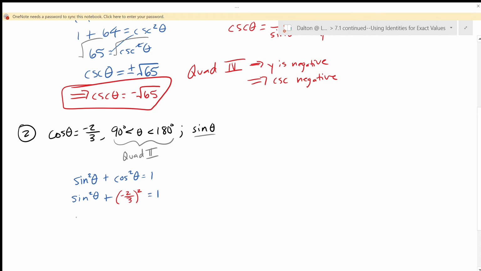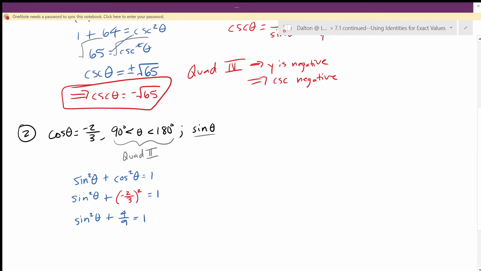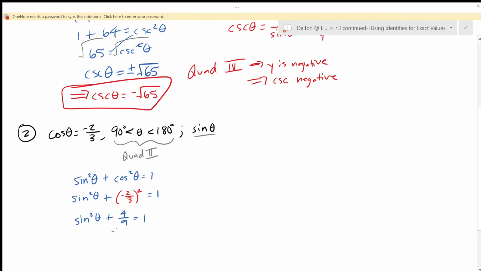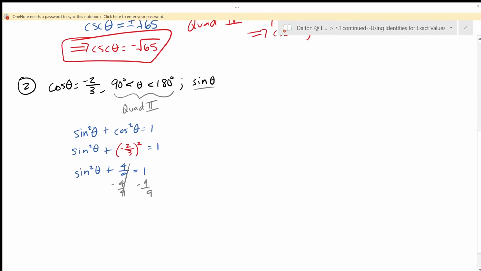And then if we keep simplifying, we get sine squared theta plus negative 2/3 squared. It's a negative times a negative, so it'll be a positive 4/9 equals 1. And then if we subtract 4/9 from both sides, then we get that sine squared theta is equal to 1 minus 4/9, which is 5/9. And then in order to get sine of theta by itself, we're going to take the square root of both sides,